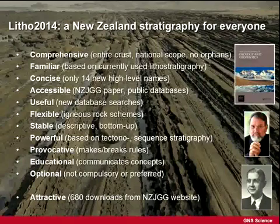Comment on the cost of the journal. It's essentially inaccessible to anybody who's not affiliated with an institution. The online journal. Yes, well, that's one of those things that's outside our control, unfortunately. But the subscriptions are what they are. Taylor & Francis charge what they do, and there are no